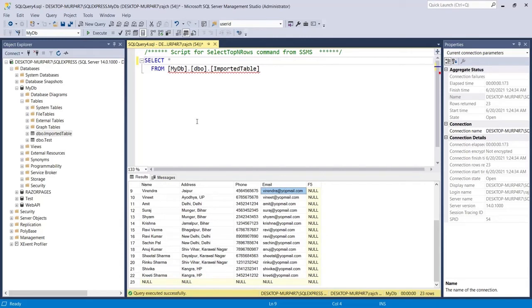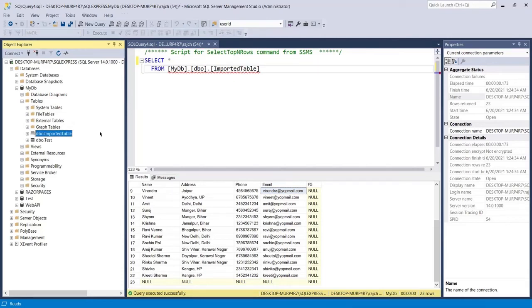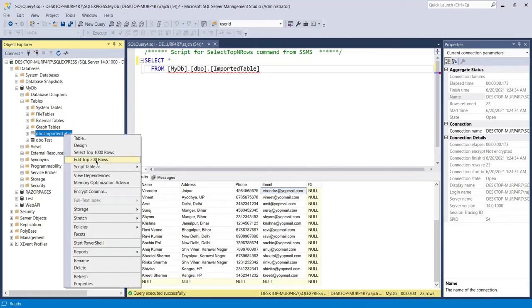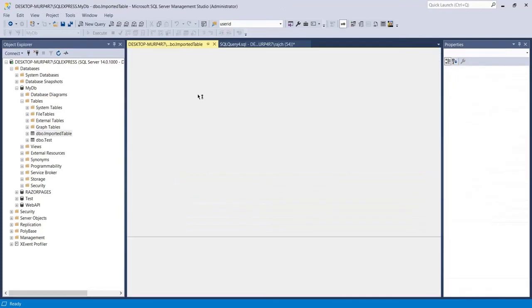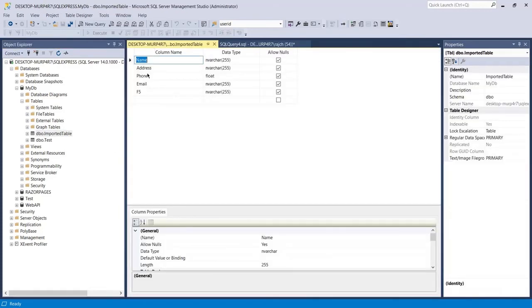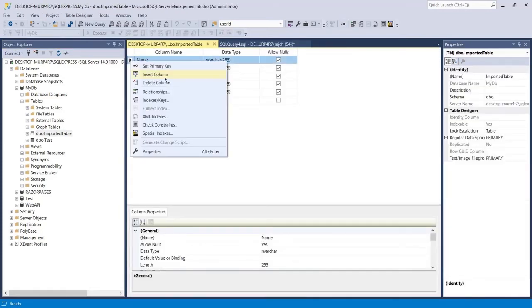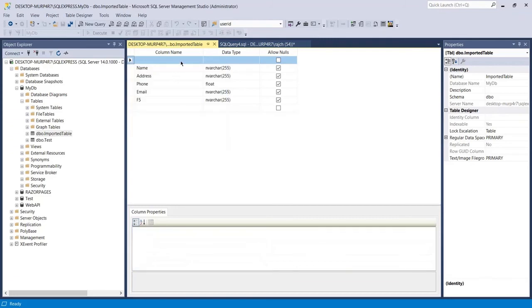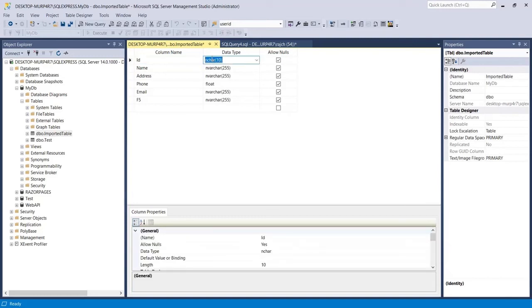So what I need to do to add the ID column, again I will right click on the table that I have just imported, and I will go to design, and then I will right click here, and I will click on insert columns. So I can here add any name I want, and I will keep it integer. Basically I am altering the table.